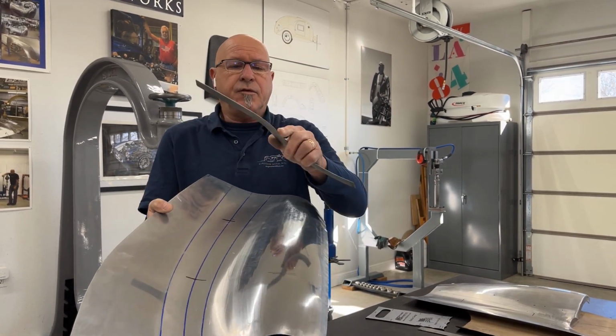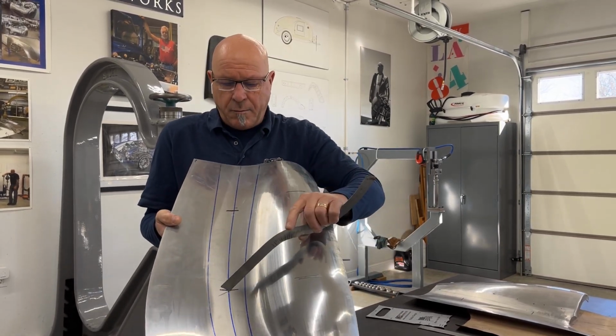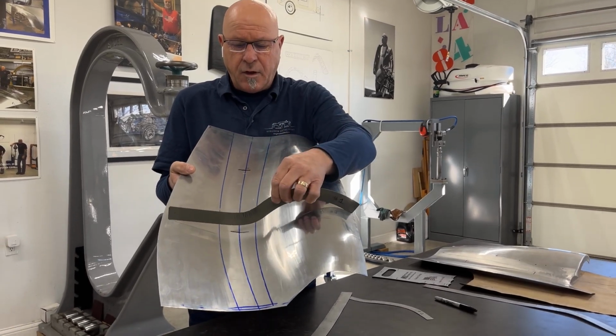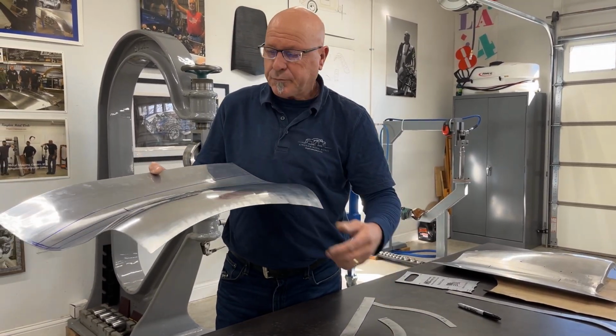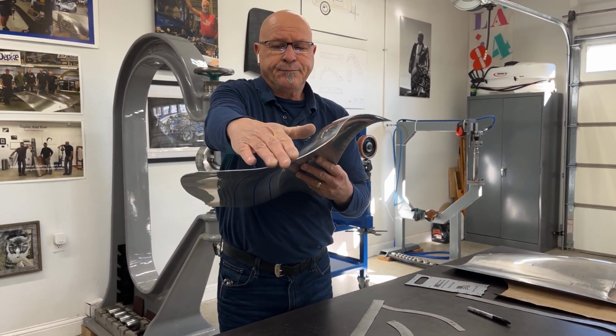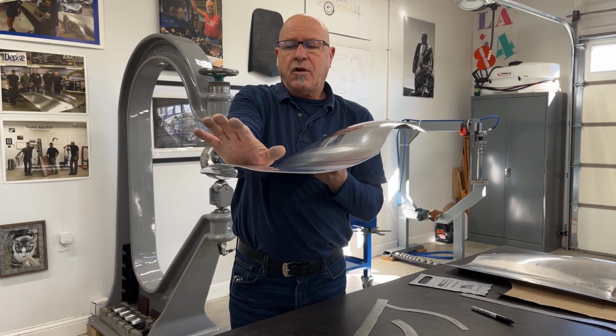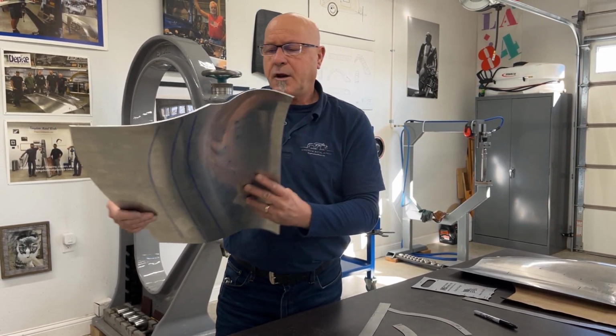So that the center of this radius goes into the center of our panel on the margin line that we drew. So to help the panel, let it know what I need it to do, I need to drop this over a tad more, and I need to bring this slightly down, which is going to throw this over. To do that, I'm going to go over to the lead shot bag, and